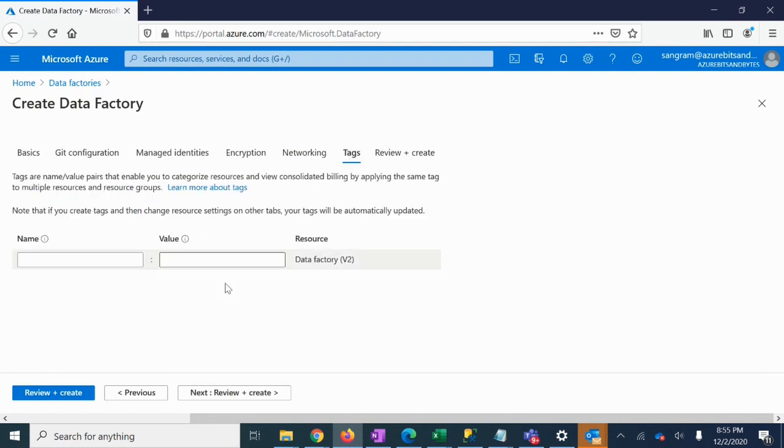Then go to tags. So we understand the significance of tags, right? So if I put a tag with team name and the value as payments, and then let's say I'm doing the same thing for 5 different resources, so total of 6 resources have the same tag, then later when the billing comes up, I would know that for those set of resources with the same tag gets this much billing amount. Okay, let's go ahead and review plus create,